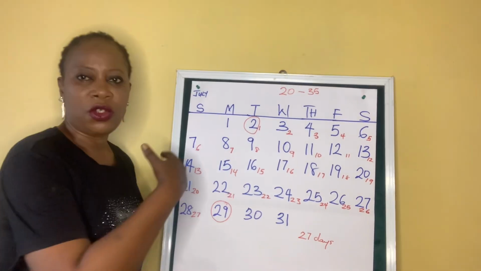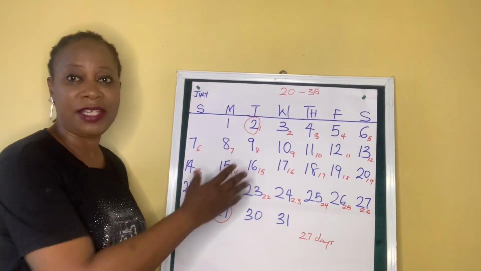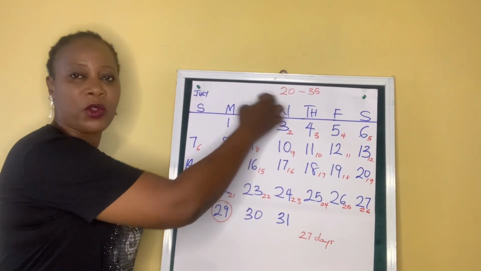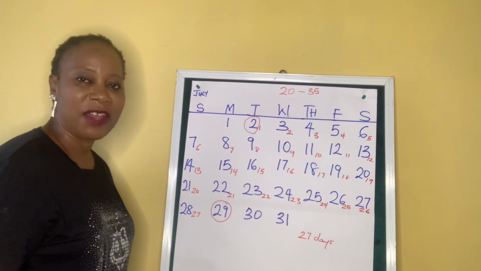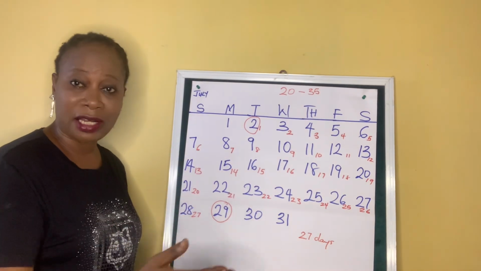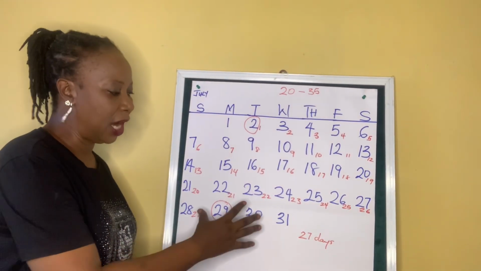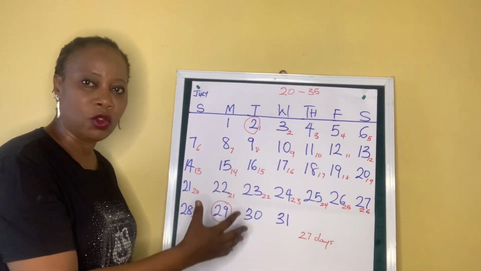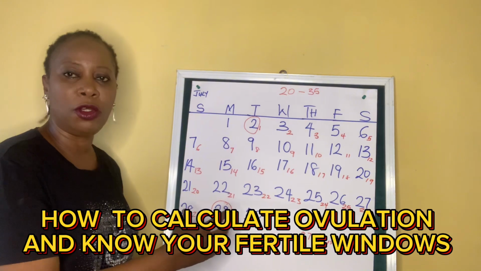So this is the format for every woman to calculate the length of their cycle. Either you have a 20-day cycle, 30, 28, or 35 days, you use the same calendar method to calculate the length of your cycle. So the next thing to do now is how to calculate ovulation and know your